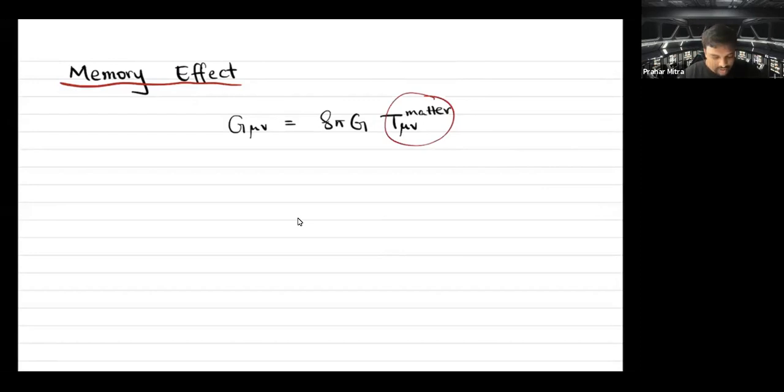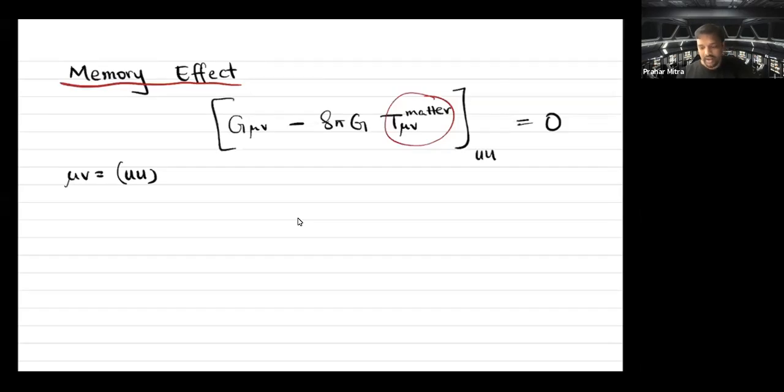constraint equation. It's coming from the mu nu equal to UU component, which you then evaluate at Scri+. So I'm going to take the UU component of this and then evaluate this on Scri+. Okay, so that's going to give me a constraint equation. And this constraint equation is del U N_B plus T_UU,